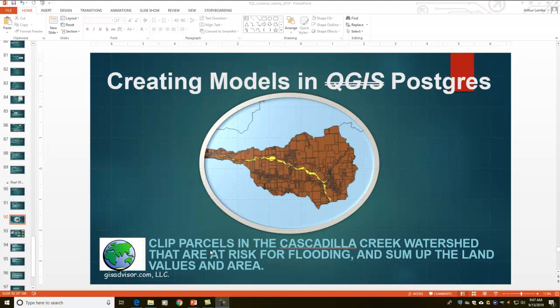Don't get me wrong, I love models, I love using QGIS, I love using ArcGIS, so I love using GIS software, but there is nothing quite like using spatial SQL to solve problems in my mind. An example I'm going to show you is how we can create a model with Postgres, or at least solve a similar problem. So in this case, what I want to do